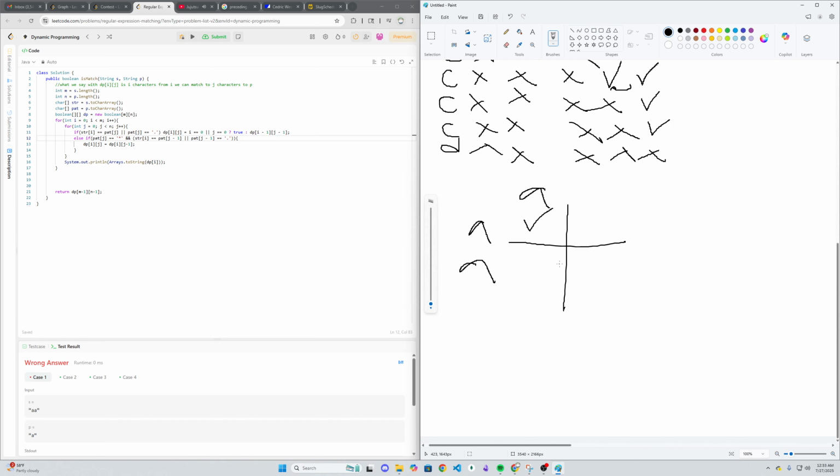So for i equal to 0, i less than m, we're going for each character here, and then we're going to go to here. So we do this, and then we go here. Can 2 match with here? Well, it can match here, but